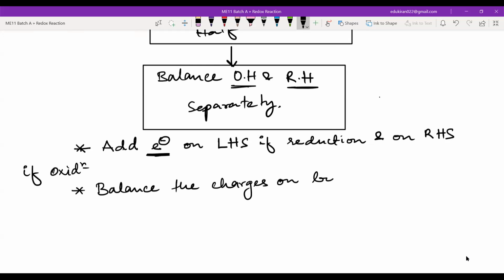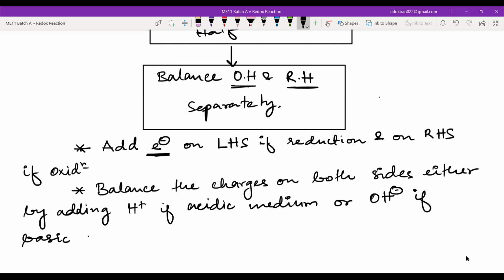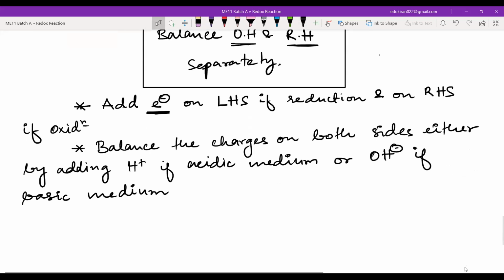Then balance the oxygen and hydrogen by adding H2O. I hope you are writing these points. Okay. Write these points. Balance the oxygen and hydrogen by adding H2O. Then what do you need to do? The next step is add the balanced reduction half and oxidation half,